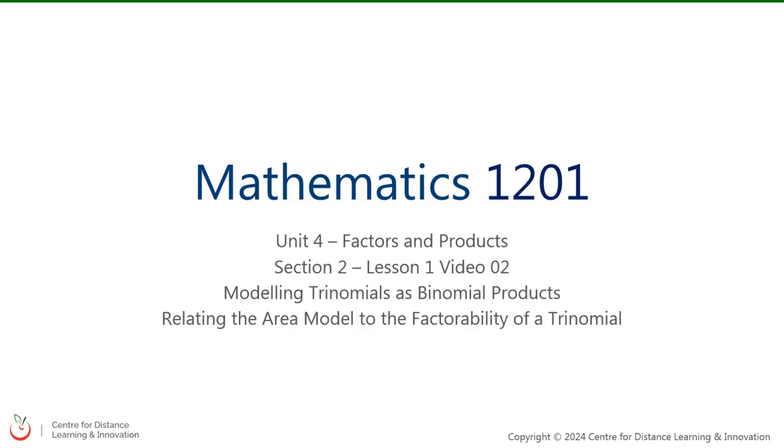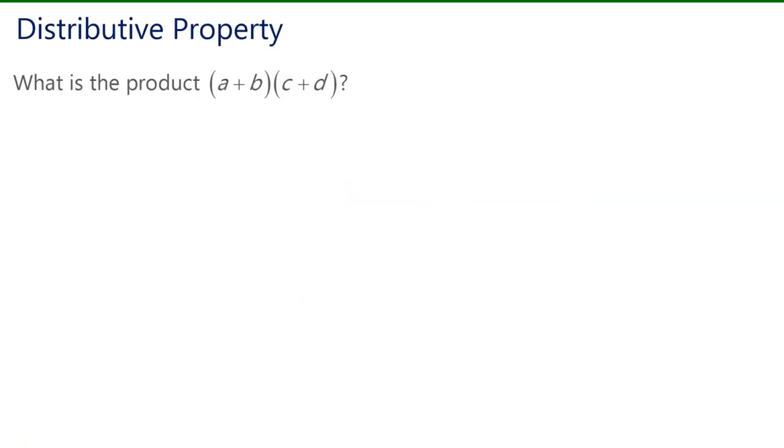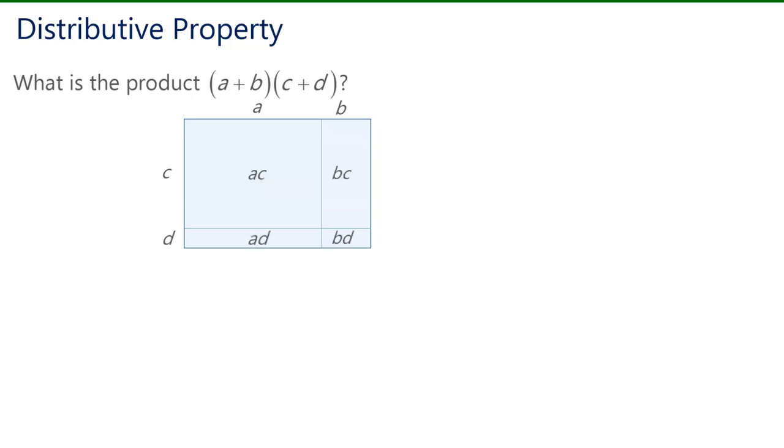In this video, we will be relating the area model to the factorability of a trinomial. In a previous video, we looked at the distributive property and the product of a plus b times c plus d. Here's a plus b, here's c plus d. The area model gave us ac plus ad plus bc plus bd. Here's the distributive property, and we need to understand this property in order to look at the factorability of a